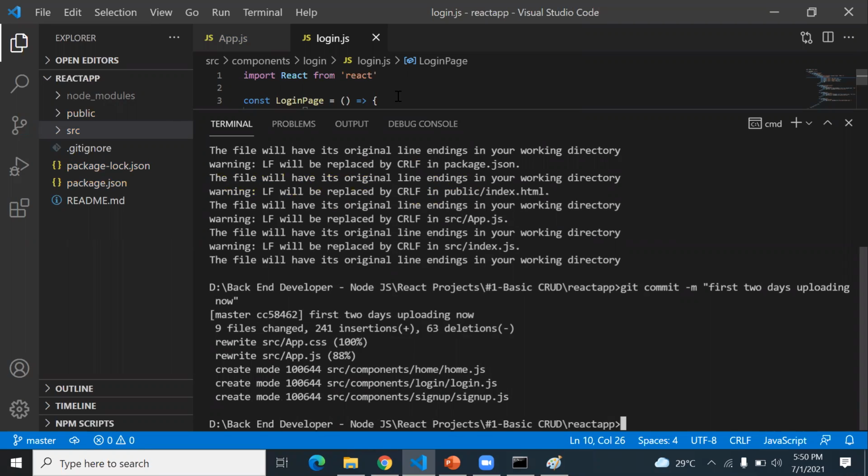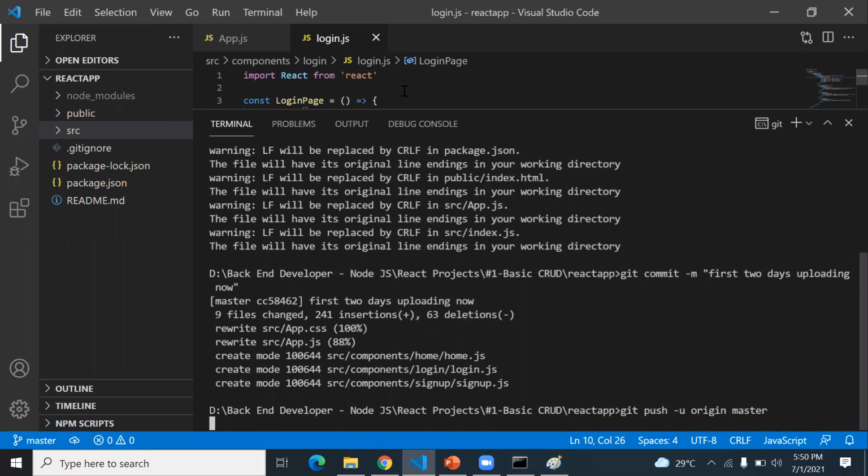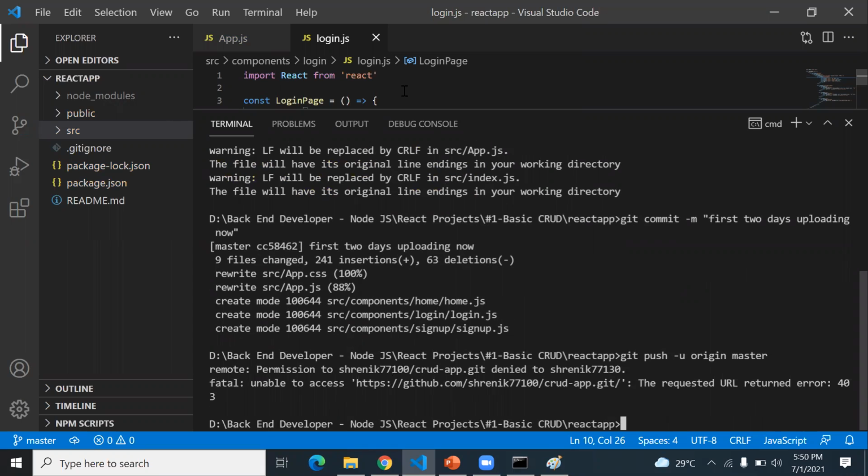Now what is the next thing? You write git push, and then you write -u origin master. Once you write this command, it will push everything to the remote. Something has gone wrong here.